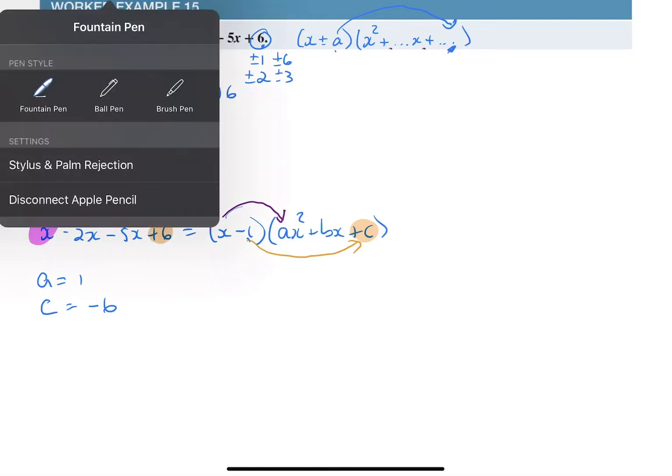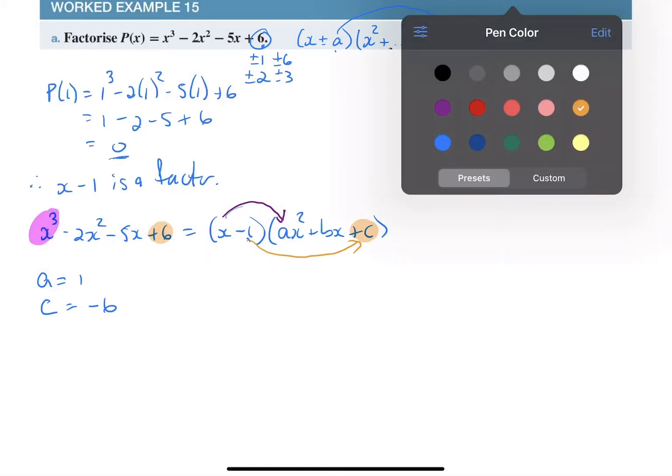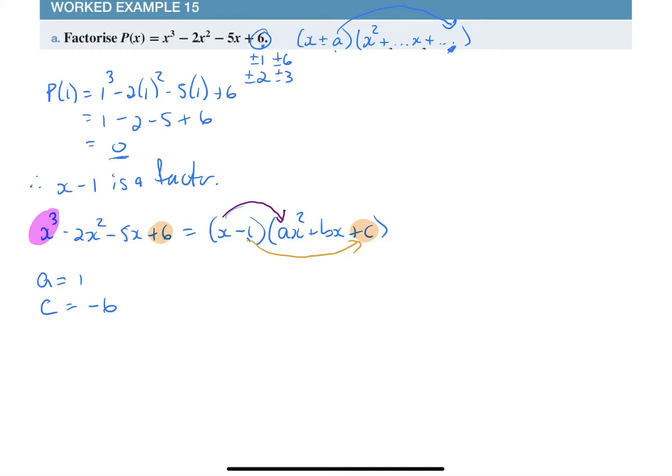When I'm working with this, I look at, for example, any one of the x squared or the x, because it's my middle term. When I look at this value, if I multiply that, I'm going to get a bx squared. And if I multiply that, I'm going to get x squared. Okay, so to find that value of mine, I'm going to say that minus 2 is going to be minus 1a